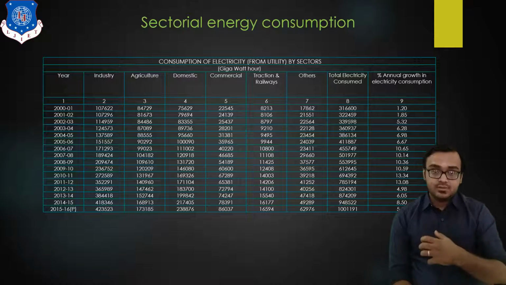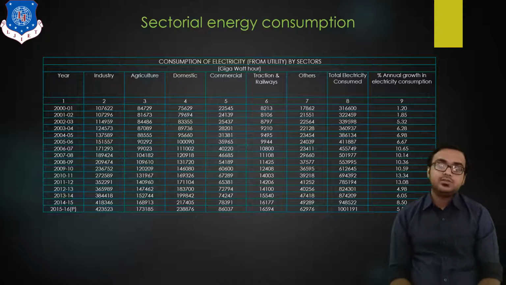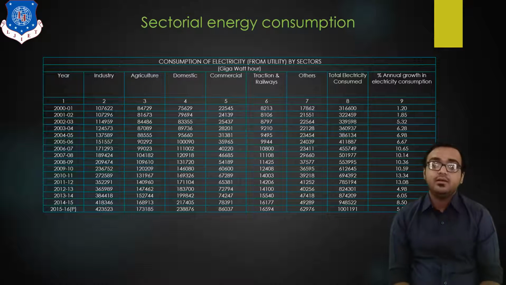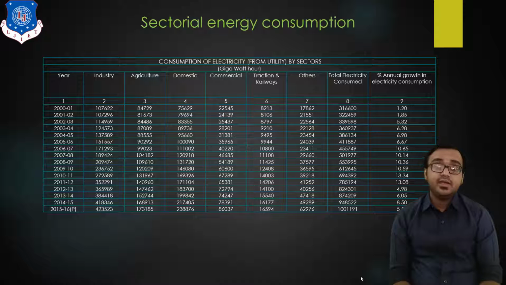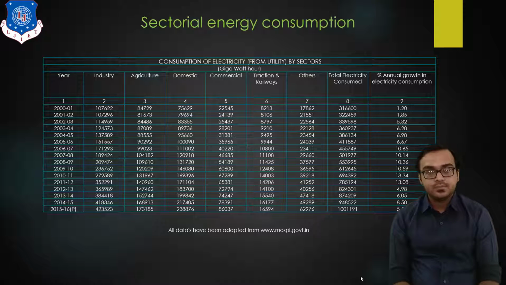which is helpful for us. So here we have a table which shows the consumption of electricity in different sectors, namely industry, agricultural, domestic, commercial, railway and other. After visualizing this table, you can conclude that the demand for electricity is quite high in the industrial sector compared to the domestic and all other sectors. If you observe the table, you may notice that the demand of electricity in industry in the year 2000-2001 is